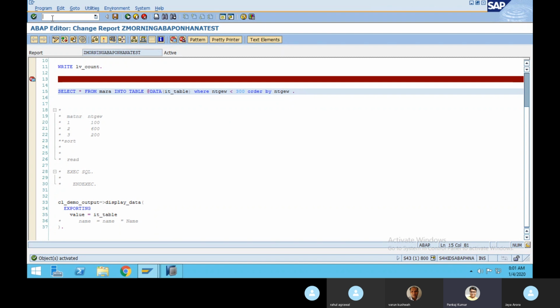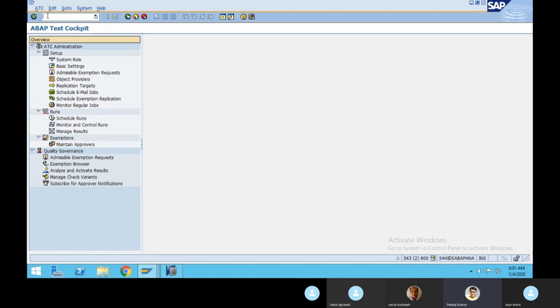For that purpose, SAP has given some tools. It's already been there since the beginning, but after 7.10 service pack 3, I think, they have given one more tool that is called ATC, or ABAP Test Cockpit. And there is one more tool, the code inspector, SAP code inspector, SCI.